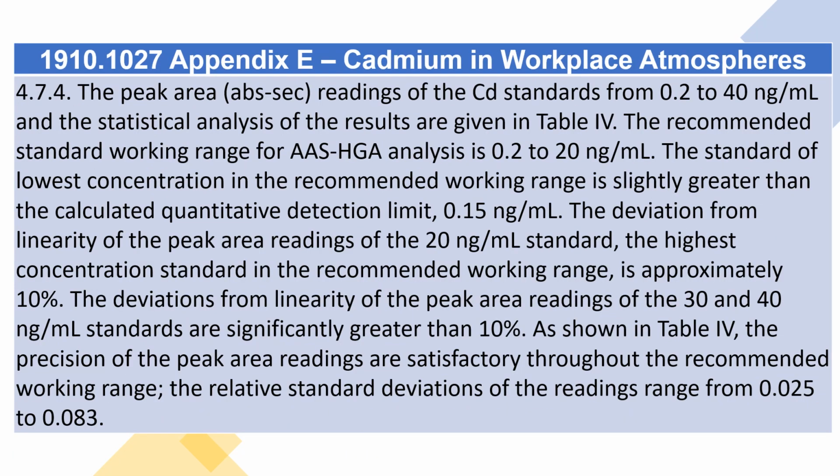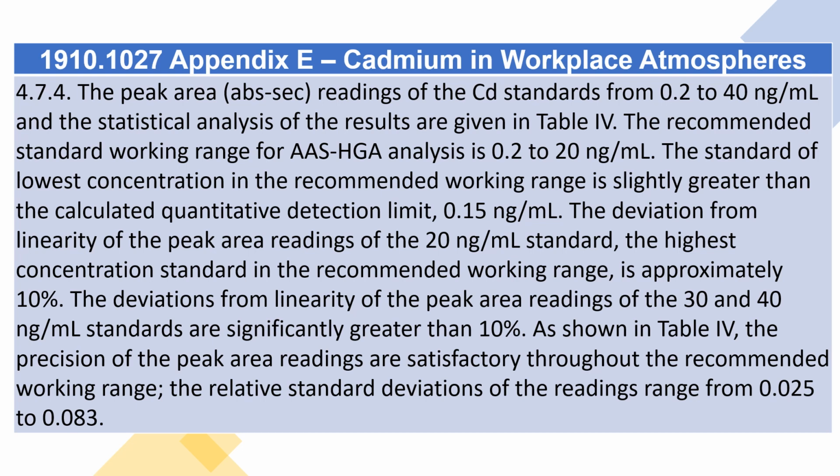4.7.4. The peak area, ABS/SEC, readings of the Cd standards from 0.2 to 40 nanograms per milliliter and the statistical analysis of the results are given in Table 4. The recommended standard working range for AAS-HGA analysis is 0.2 to 20 nanograms per milliliter. The standard of lowest concentration in the recommended working range is slightly greater than the calculated quantitative detection limit, 0.15